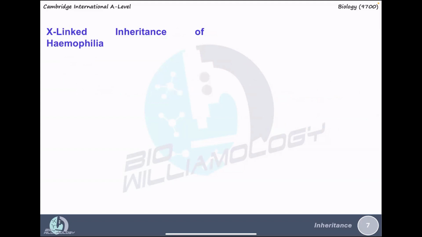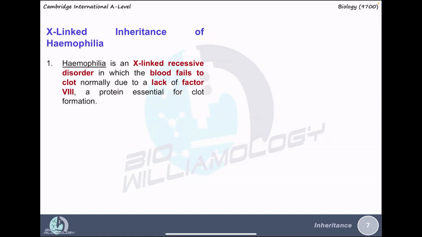So let us look at the X-linked inheritance pattern of hemophilia. Hemophilia is an X-linked recessive disorder in which the blood fails to clot normally due to the lack of factor VIII, which is a protein essential for blood clot formation. So in this case,